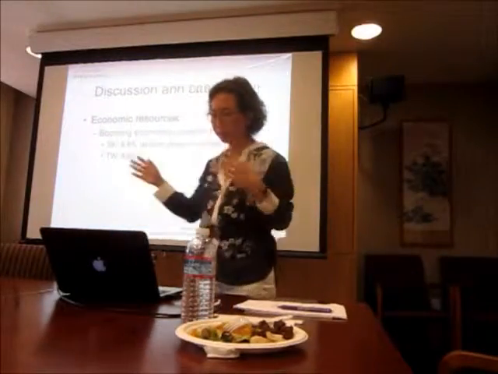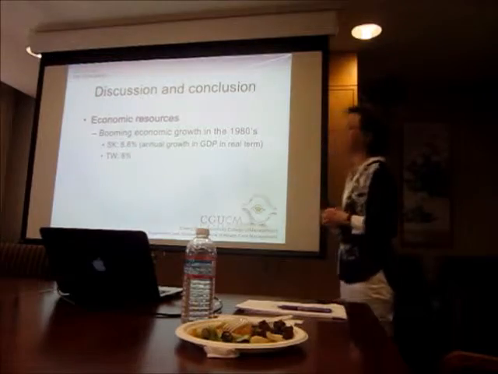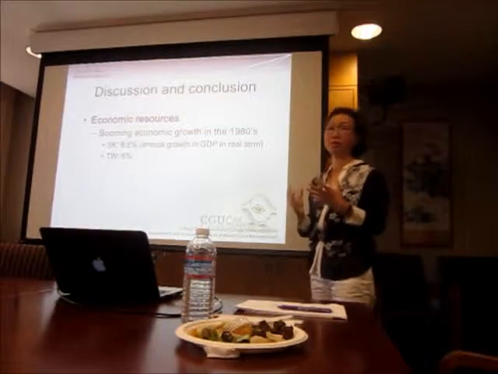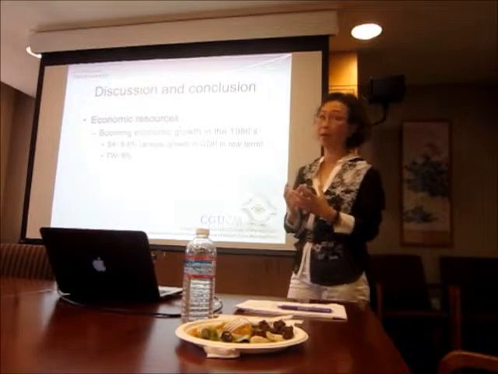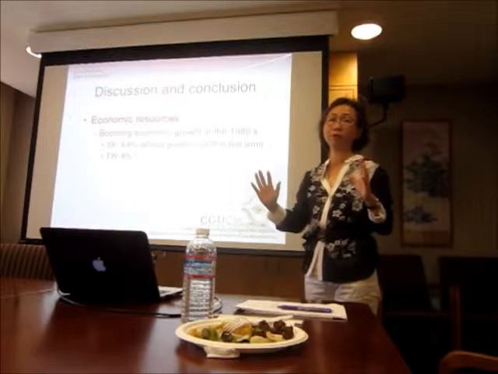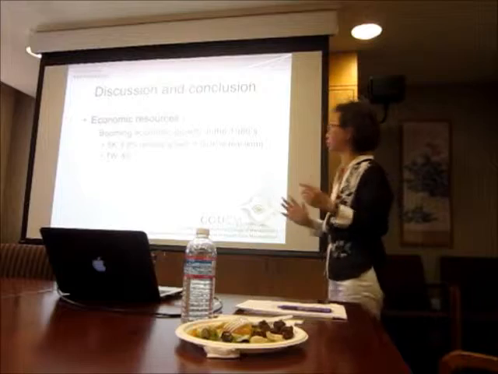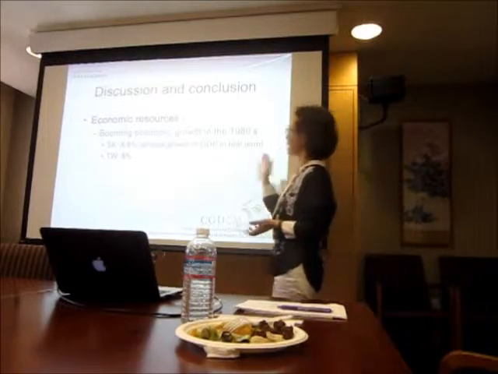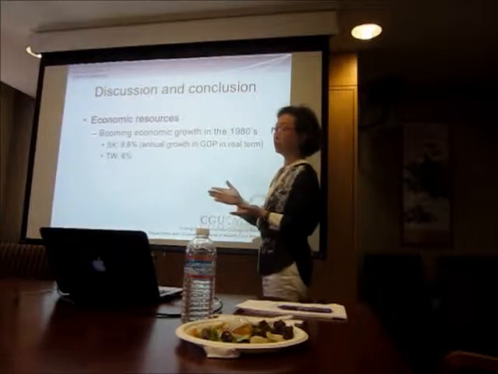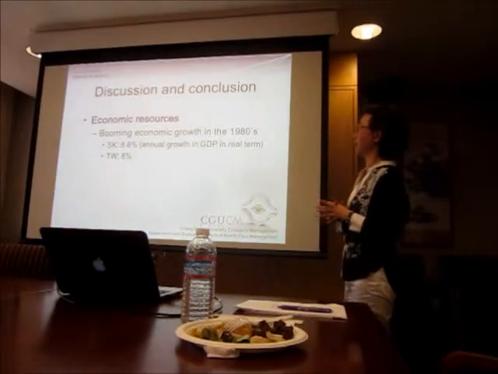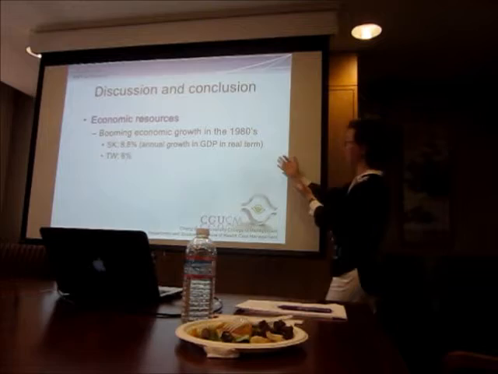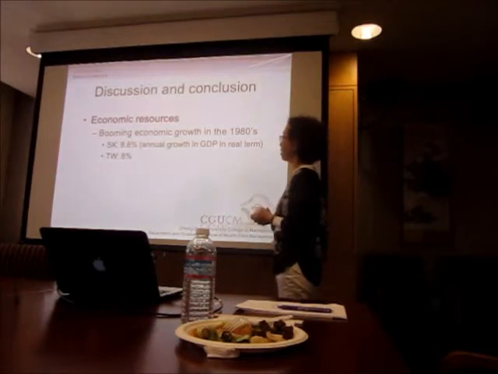And so I'll quickly go through this. So for economic resources, I always emphasize the importance of economic resources because essentially it's the backbone. If you don't have that, no country can move forward towards universal health coverage. It all costs money. And 10 years before they started their national health insurance, both countries experienced booming economic growth. Taiwan miracle, that was in the 1980s. Not now, but we do